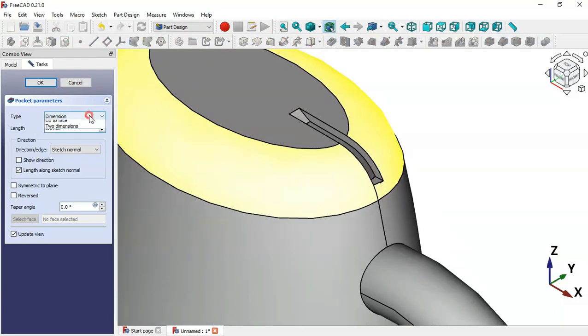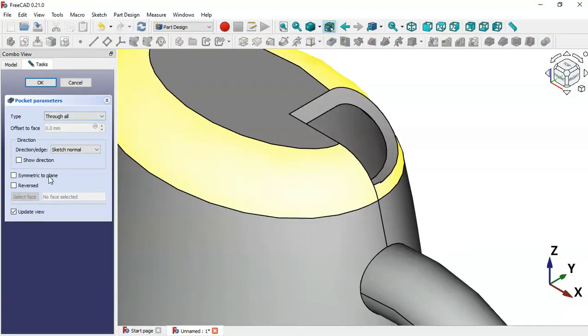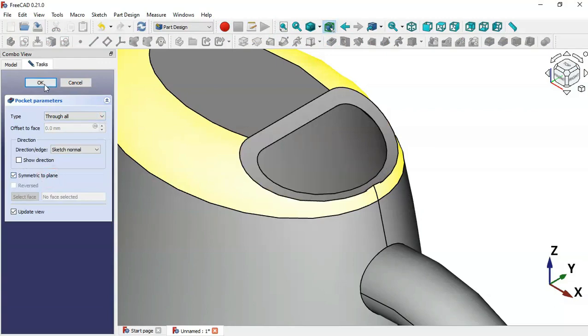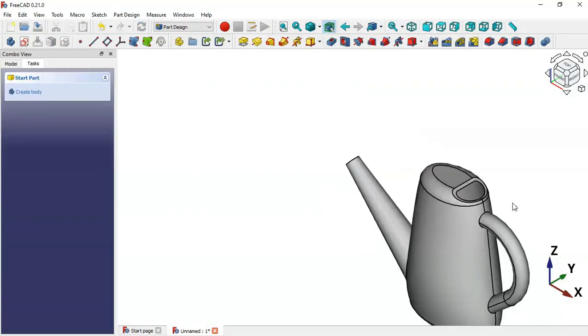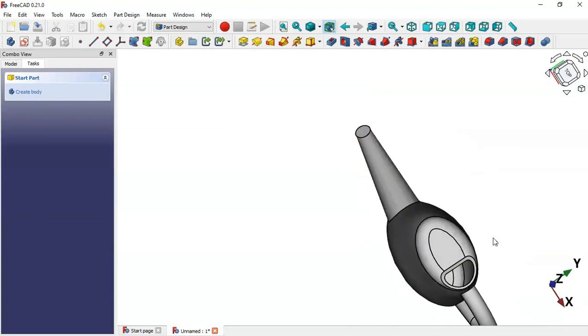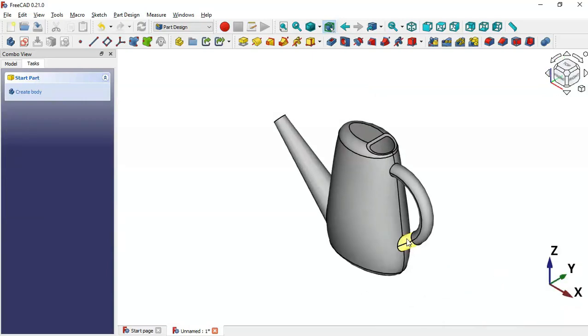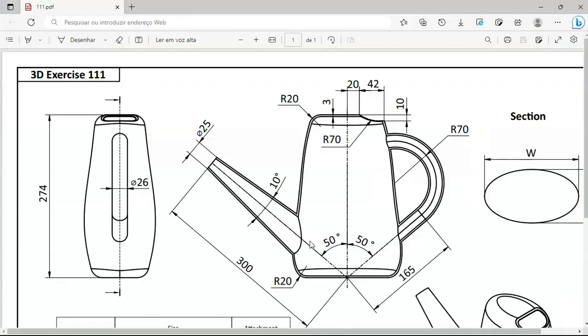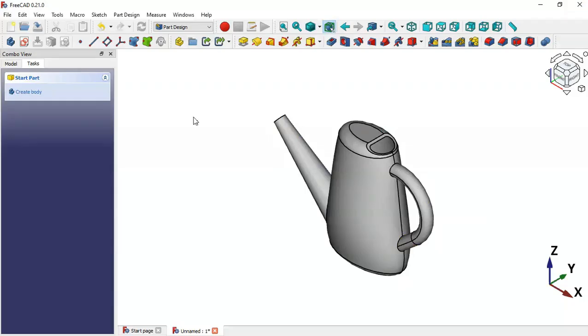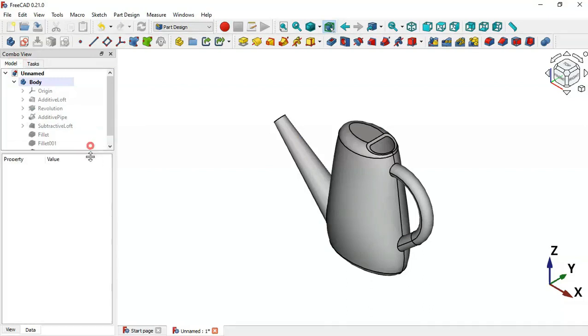Okay, and now set through all and smart to plane and click OK. Okay, and now let's create this hole here. To create this hole, what we'll do, first let's go to the model tab, and now we go to this revolution here,